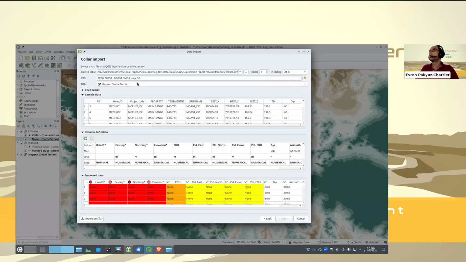Almost everything is going to be GDA94, zone 50, zone 51. And this is actually wrong. This is zone 51, not zone 50. We can specify a DTM. It is not mandatory, but you may specify a DTM. And then the next in the simple data section of this importer, what we see is